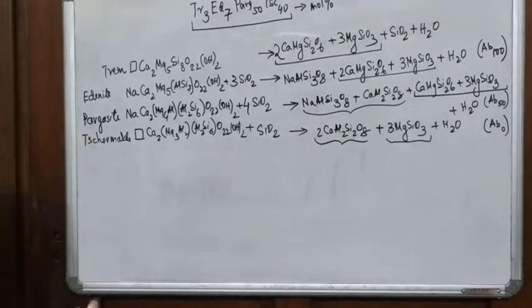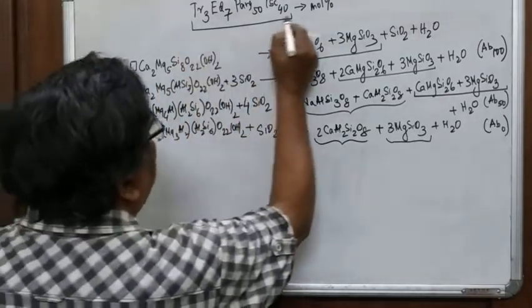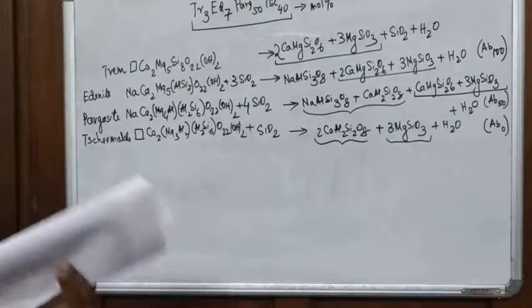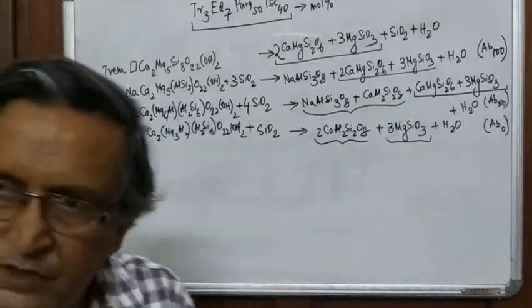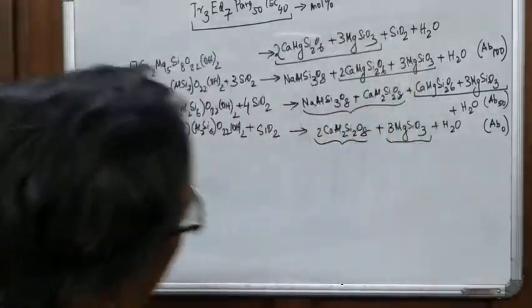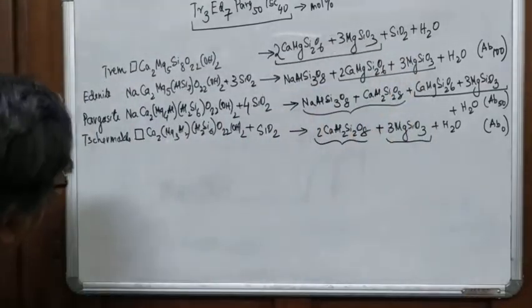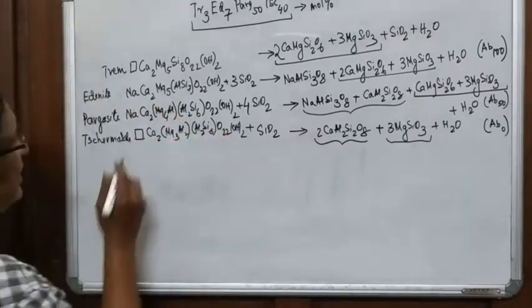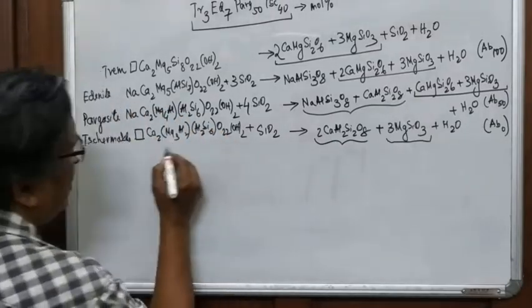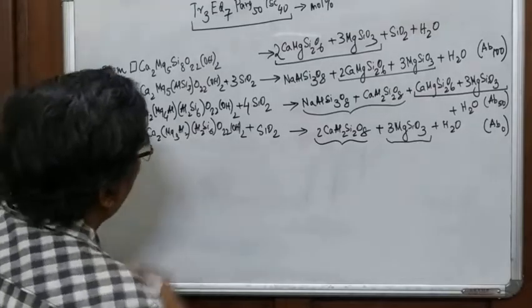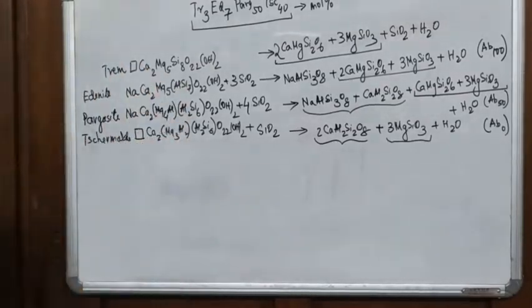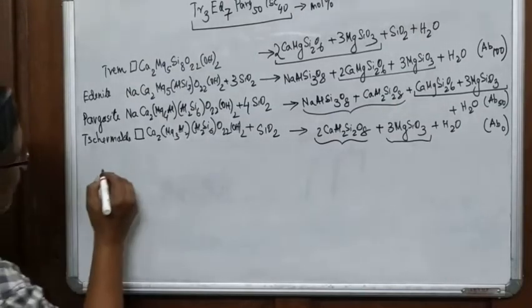Okay? So now, if this is my composition of the amphibole, what is the composition of my hornblende? What is the composition of my hornblende? How will I do it? Say for example, I have this side. If I have to find out the composition of the hornblende, say for example, I want to find out